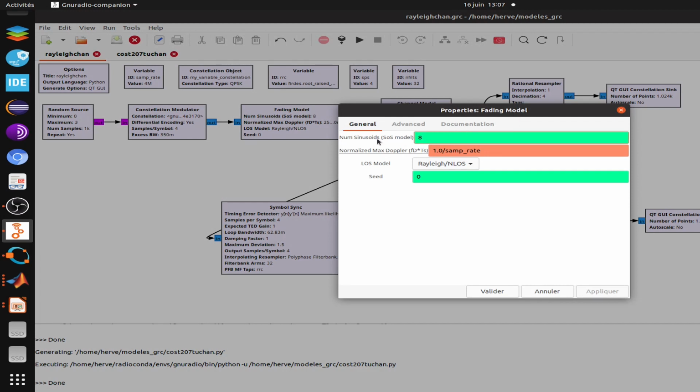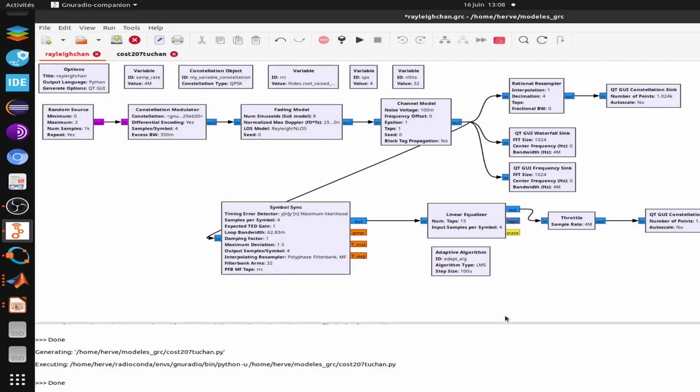As you can see, the generation method uses the SOS, the sum of sinusoids model we've just seen previously in the slides, and it uses the normalized max Doppler frequency, which is simply a way to normalize that you will find in a lot of simulation systems. It's just the product of your max Doppler frequency multiplied by the sample time of your system. Okay. So now if I launch the simulation,